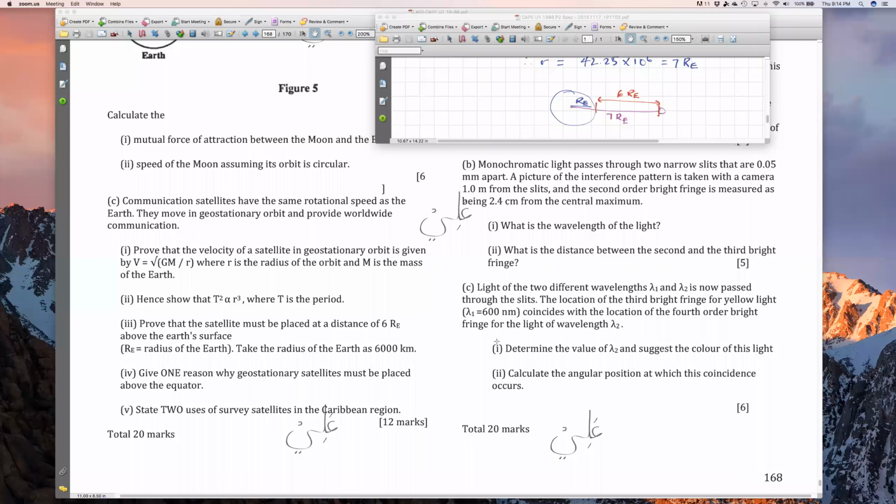We had said that if we have the Earth and we place a satellite at any point that is not above the equator, let's say this is the equator here. Let's just say for the sake of argument, that's our equator. If we were to place a satellite, let's say here,